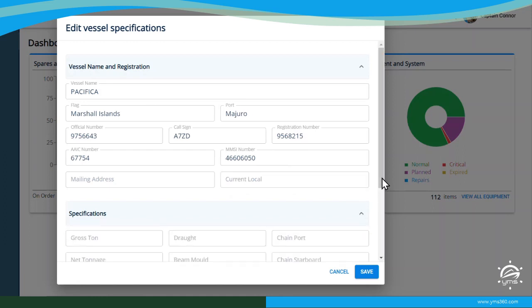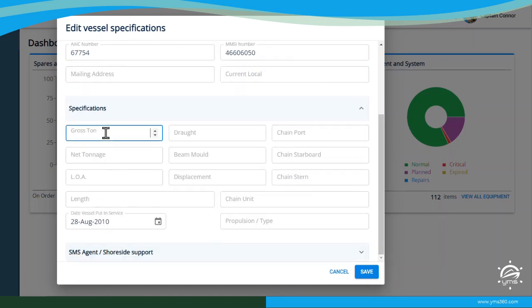Expand the specifications row to enter in the details of the vessel itself. The only items that are really required are the gross tonnage, the draft, the beam, and your length overall. You can also enter in net tonnage, displacement, chain lengths for port and starboard,